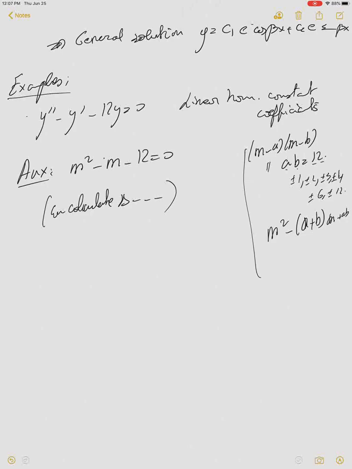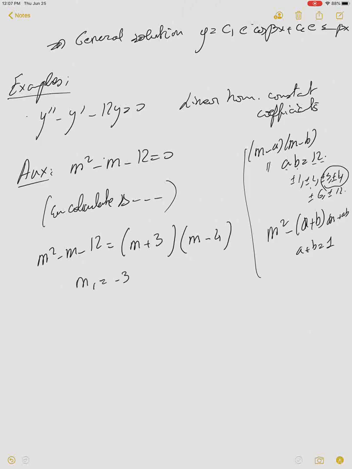Again, this is useful in higher order. In second order, you can just calculate delta. So a plus b here equals 1. So the product is 12 and the sum is 1. Okay, and then by trying, you can see that m squared minus m minus 12, the product is 12, the sum is 1, so it's definitely not 1 and 12 and 2 and 6. I mean, plus or minus 2, plus or minus 6. So you should look here. Okay, so this will be m plus 3 times m minus 4. Okay. Then m1 equal minus 3, m2 equal to 4, are two real